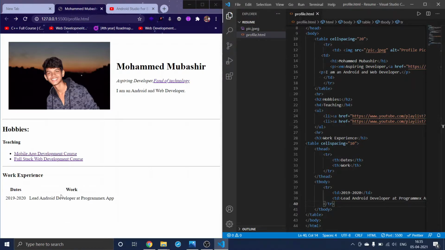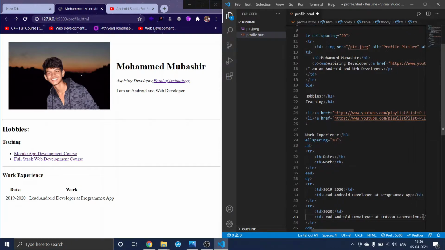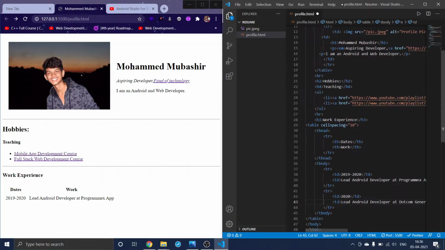Yeah, date and the work, and I'll be making a new row again, and in that I'll be making a new data td, which says in 2020 I was lead Android developer at .com generations, and I'll be making a new row again which says 2020 to present.